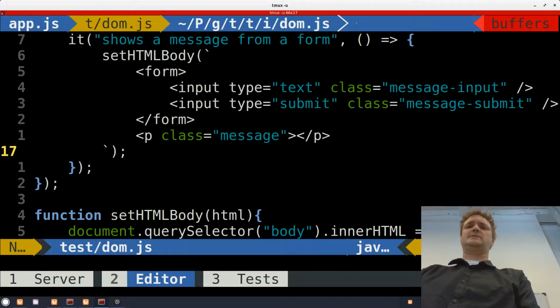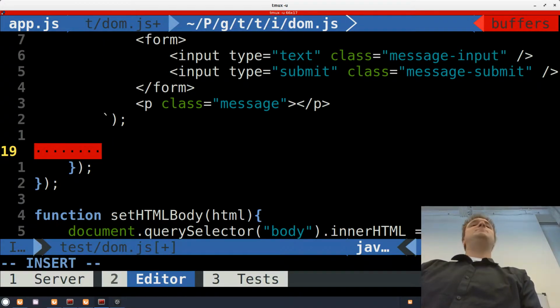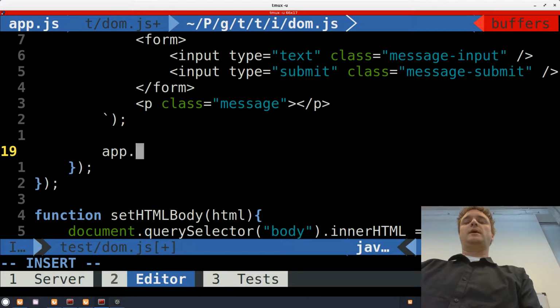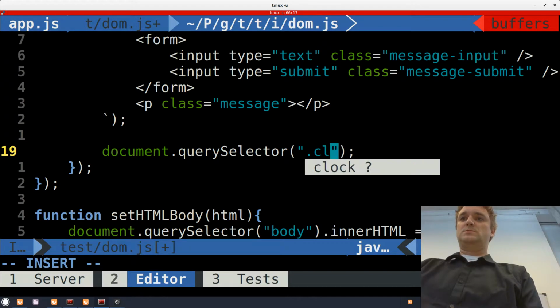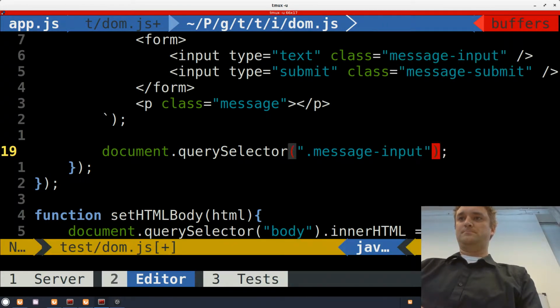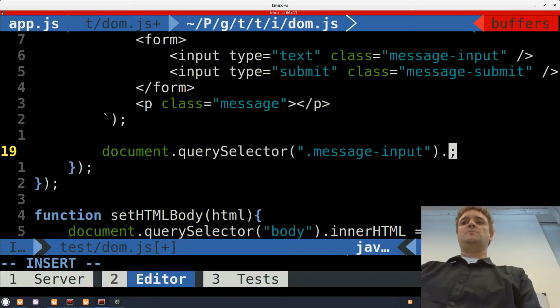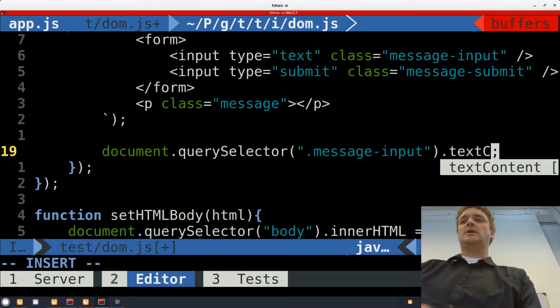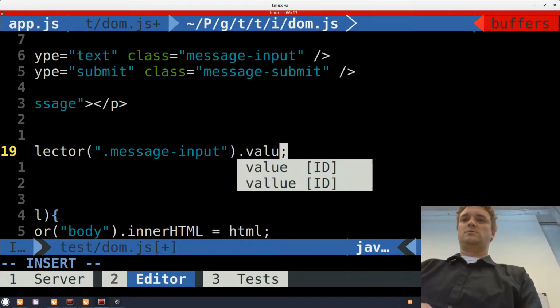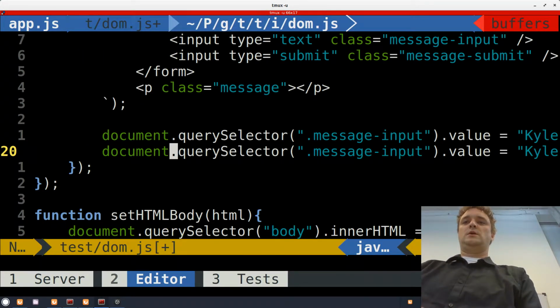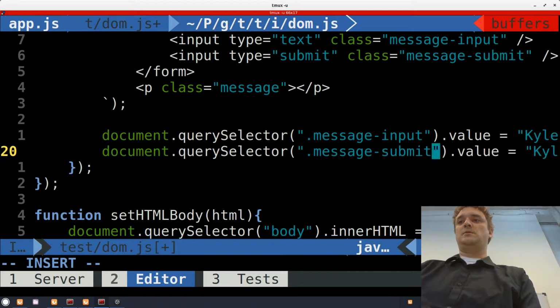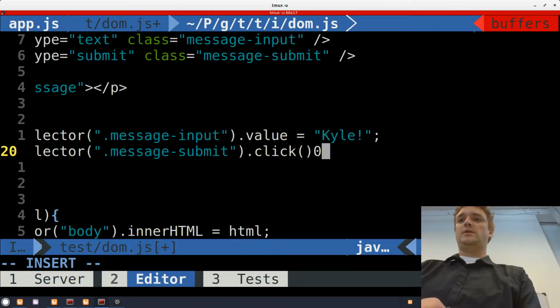So if that's the case, then I should be able to do something like document.querySelector and get that message input, and I should be able to set its value equal to Kyle, and then I should be able to take this message submit and click on it,